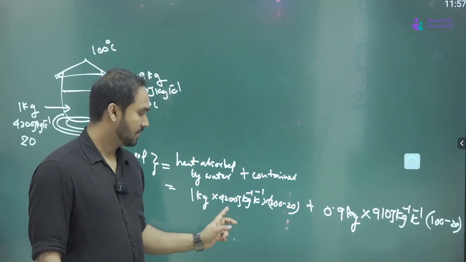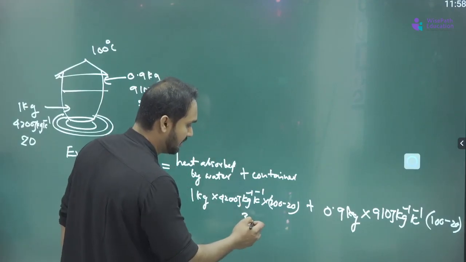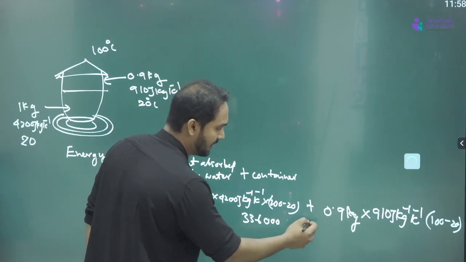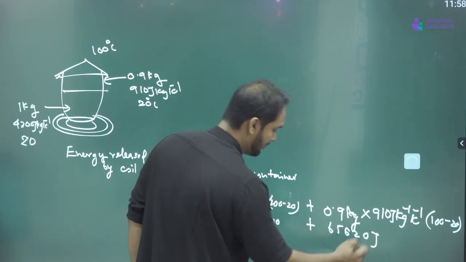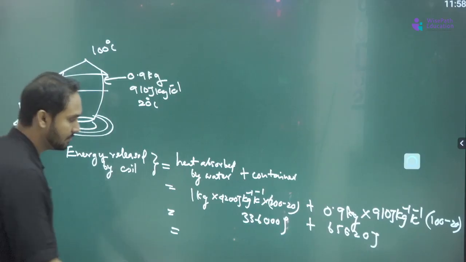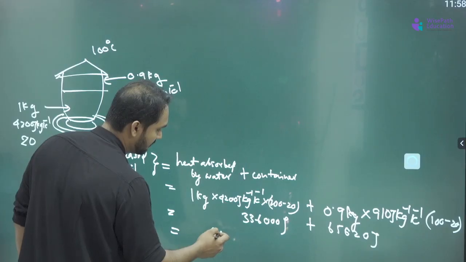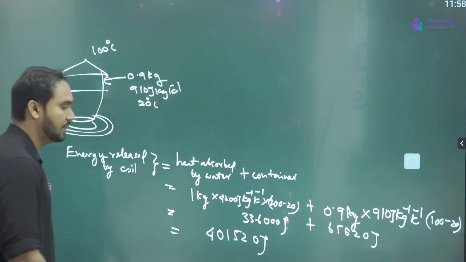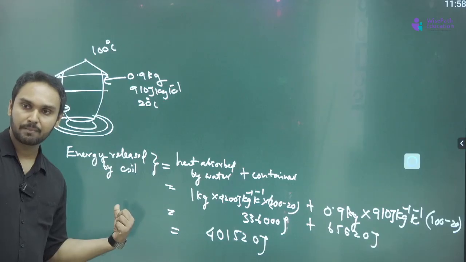You multiply 4200 by 80. 336,000. It's only for this one, right? Yes, 336,000 plus 65,520. So altogether it gives a complete heat of 401,520 joules. This is the complete amount of heat absorbed, and this is equal to the heat released by the